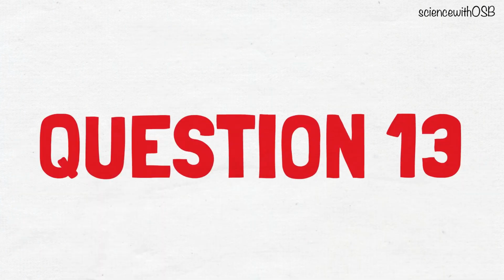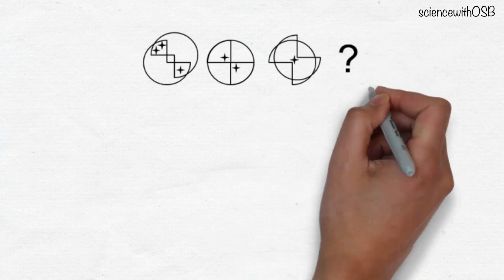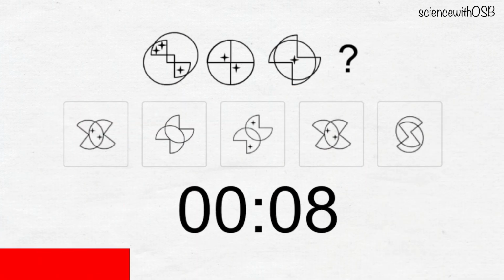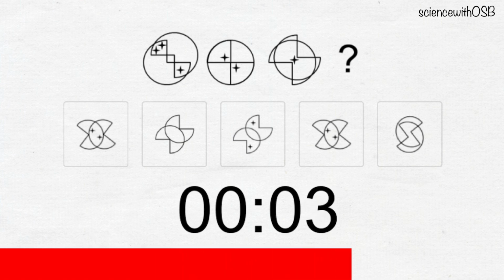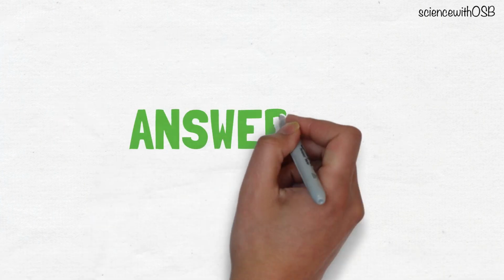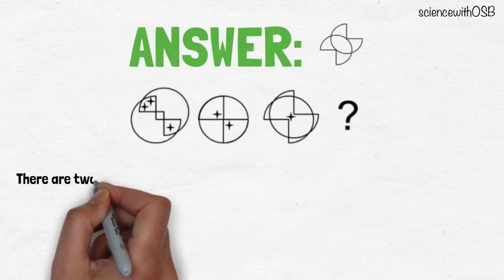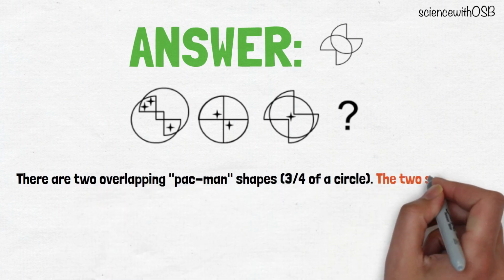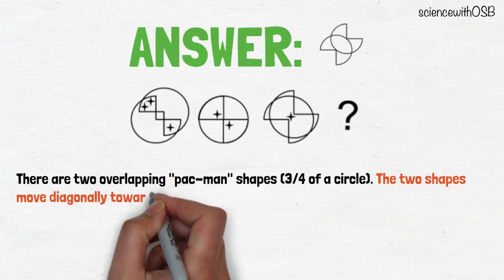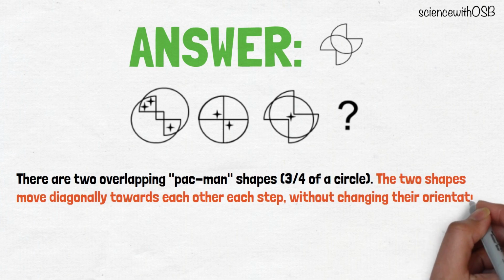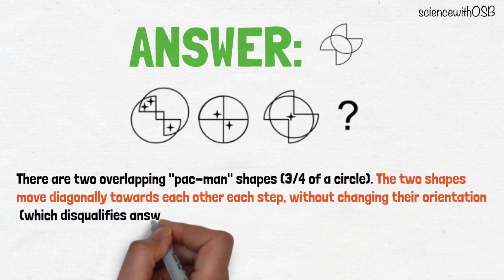Question number 13. Choose the image that completes the pattern. The correct answer is option 2. There are 2 overlapping Pac-Man shapes in 3/4 of a circle. The 2 shapes move diagonally towards each other each step without changing their orientation, which disqualifies answers 1, 4 and